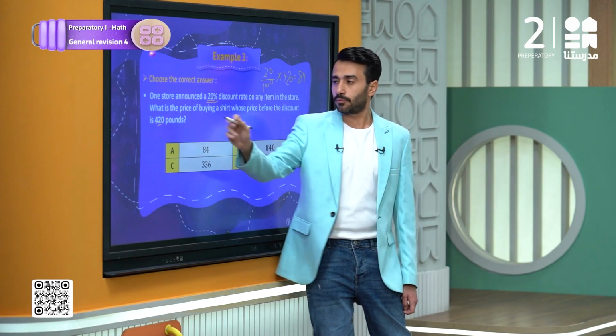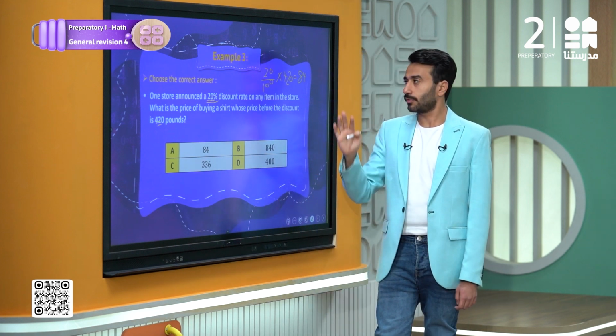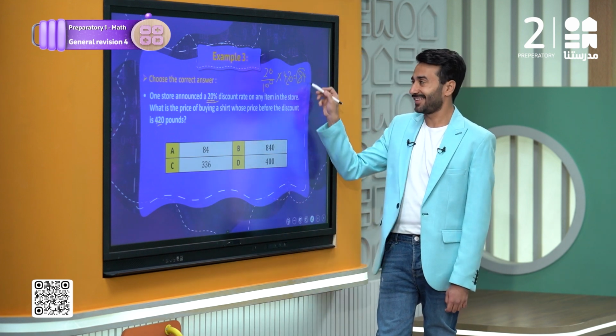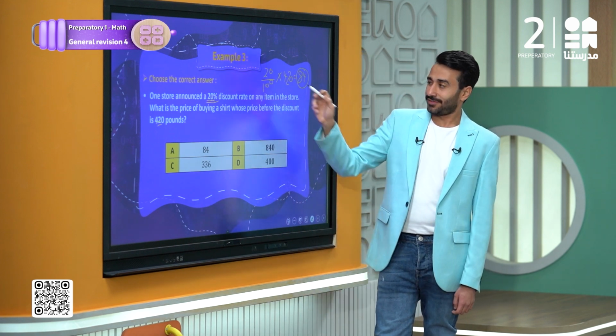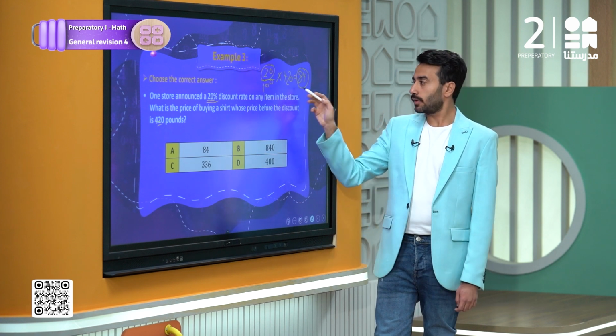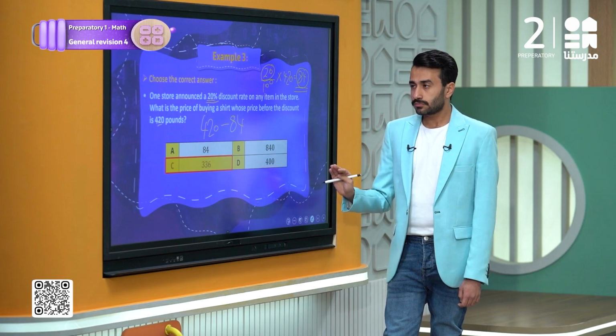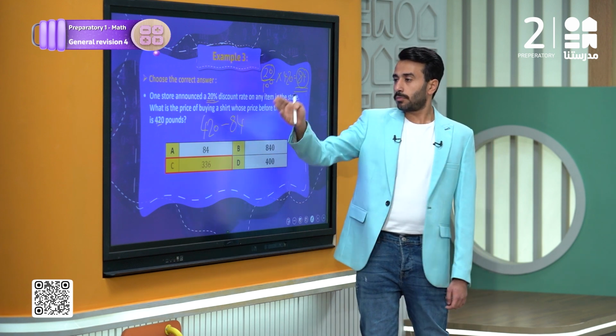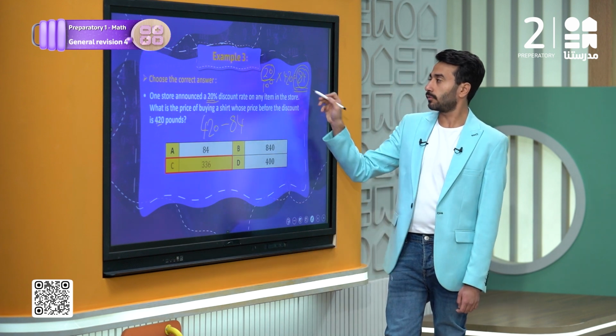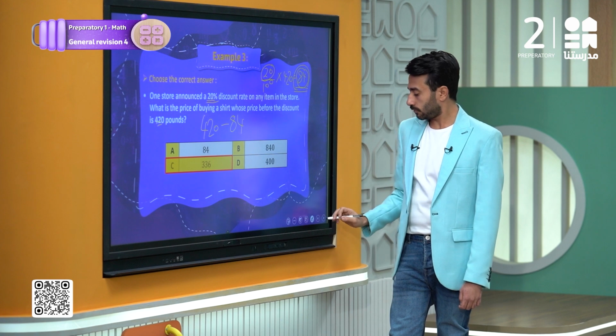Imagine a t-shirt priced at 420. Surely the t-shirt won't cost 84. Surely this is the discount. Simply, because we took 20%, this is the discount as we agreed. Subtract this value from this one. So instead of 420, we do minus 84 to find the value. Simply it will be for sure 336. This is the new price of this t-shirt. So simply you will multiply the discount by the value to find the discount for this t-shirt, then subtract from the